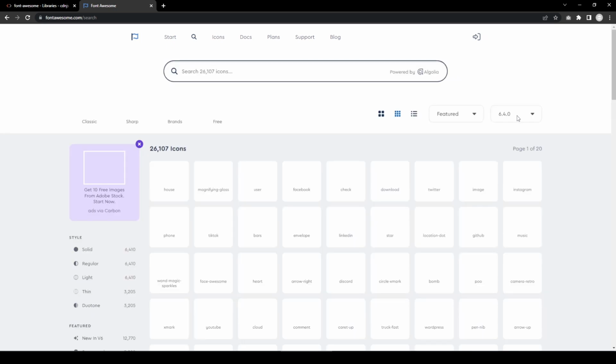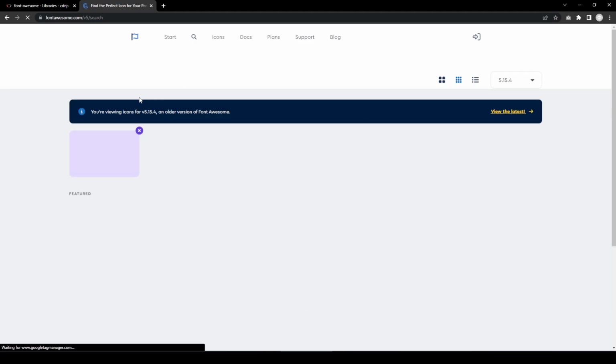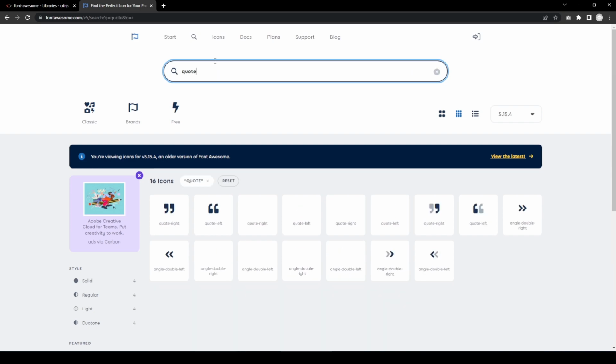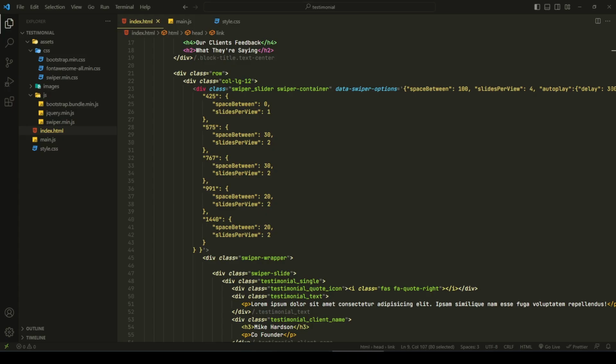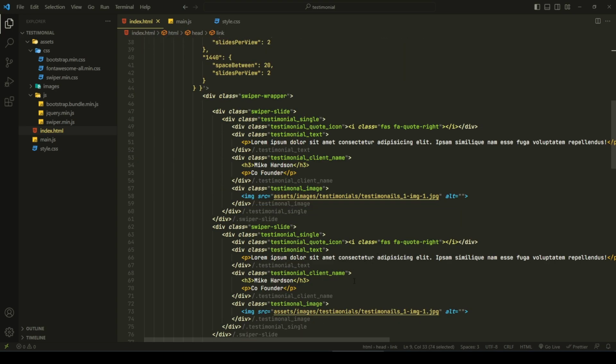Here we can select the versions this way, and in search icon we have to search for the icon we need, quote right. You have to click in this link. So what we have done is we have copied this link for font awesome CSS, and secondly we will be